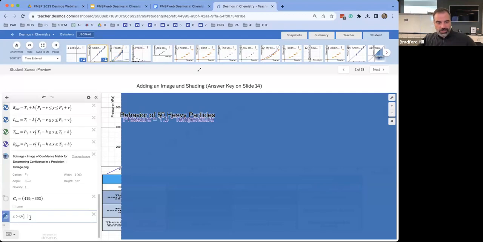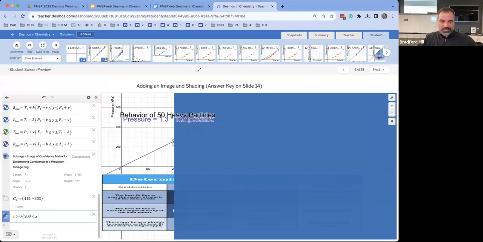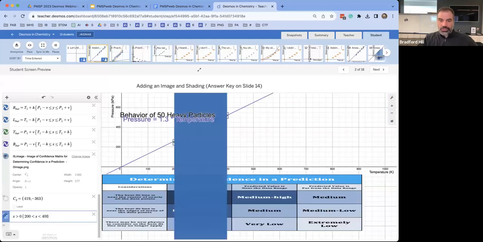So I'm going to do 200 less than X less than 400. And that's nice. Now we got this nice blue column. Now, right now it's going infinity to infinity, and maybe that's too much, right? But that is kind of nice, especially if we put this image in front,